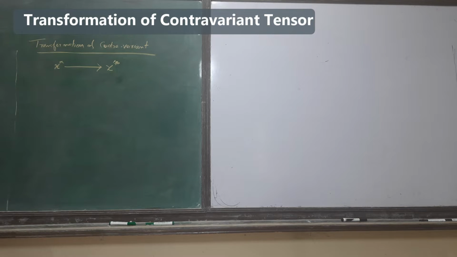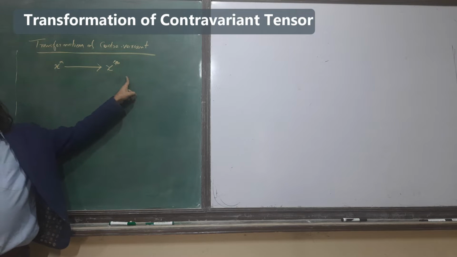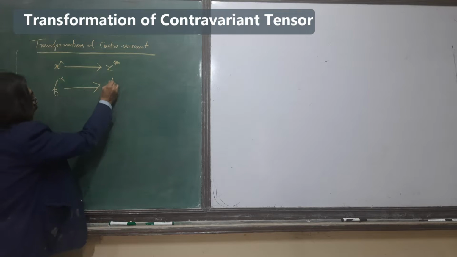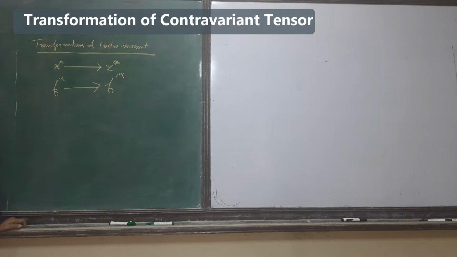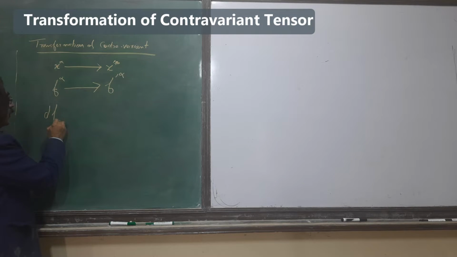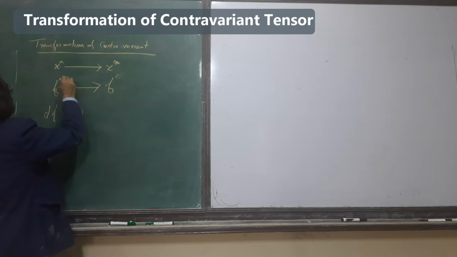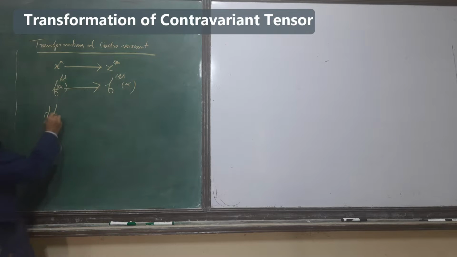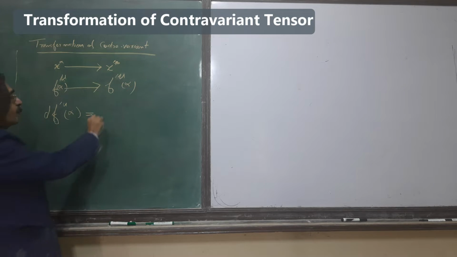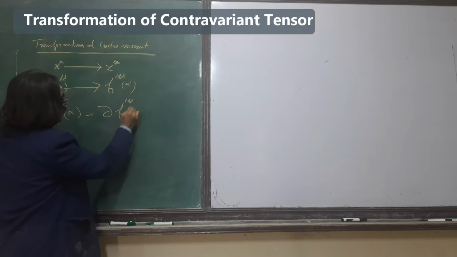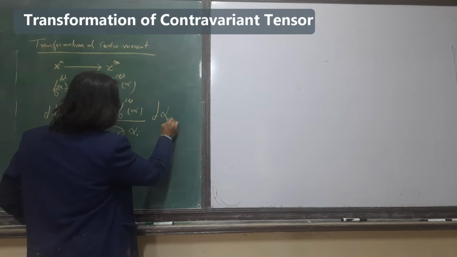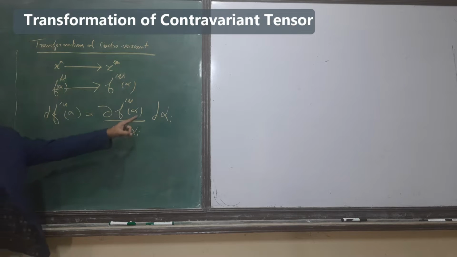x beta prime. These are the old variables, these are the new variables. As we have studied and already explained, if I transform to f alpha bar, that is f mu, which is a function of alpha. Then d alpha mu will be equal to partial f mu with respect to alpha I, d alpha I, as in the previous lecture, and here all alpha I's are